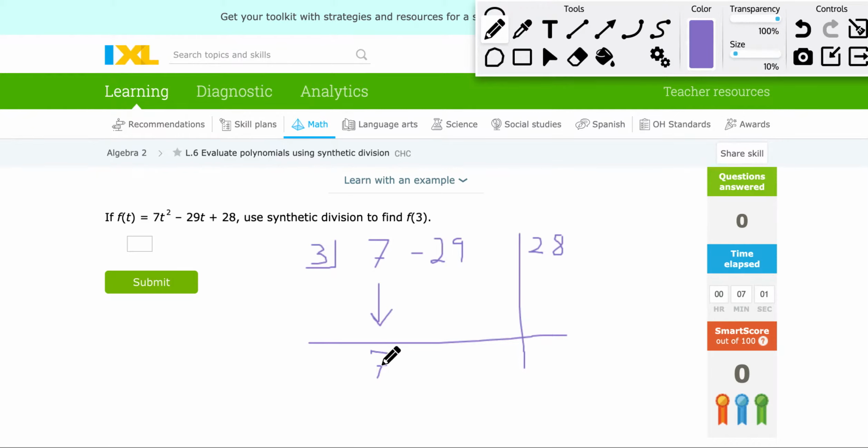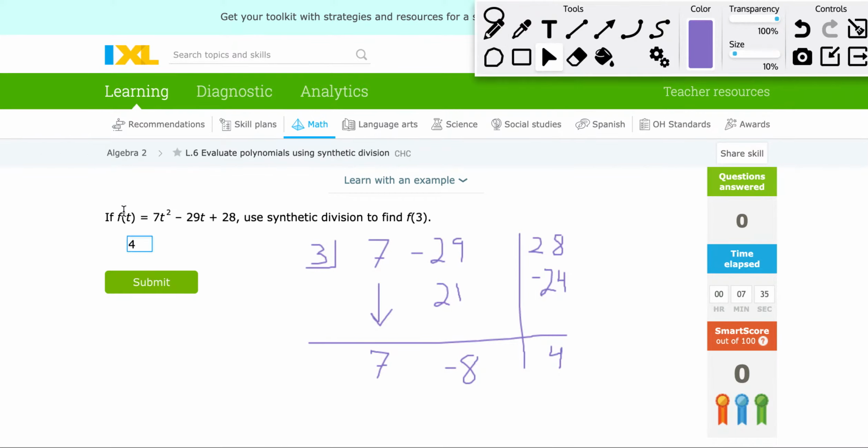3 times 7 is 21. That goes underneath the next column. Anytime I have a new number up top, they're going to combine or add together. So negative 29 and 21 is going to give me negative 8. 3 times negative 8 would give me a negative 24. And 28 minus 24 would give me a 4. So what that tells me is in this box I should get a 4 here,